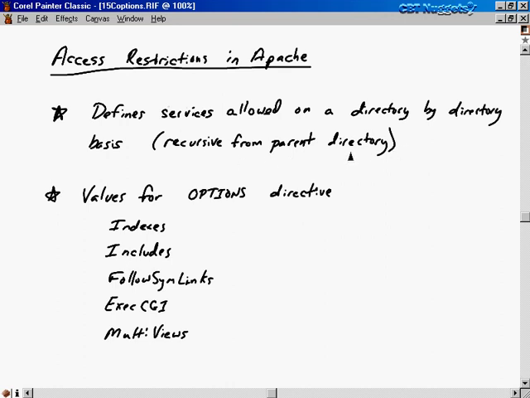unless we make a specific rule for some particular subdirectory. What we saw in that configuration file a minute ago was something like Options FollowSymLinks, or Options Indexes. So let me explain what the 5 valid fields are for the Options directive, and then we'll talk about other ways to restrict access. Okay, so Indexes here, what this will do, if Options Indexes is set for a particular directory,